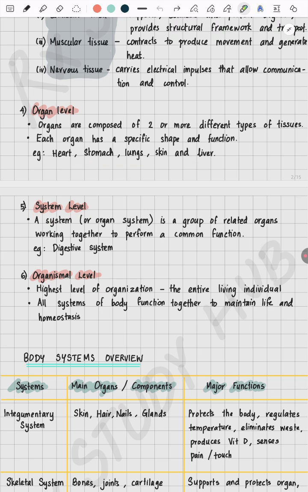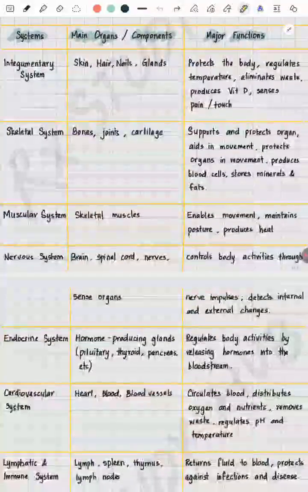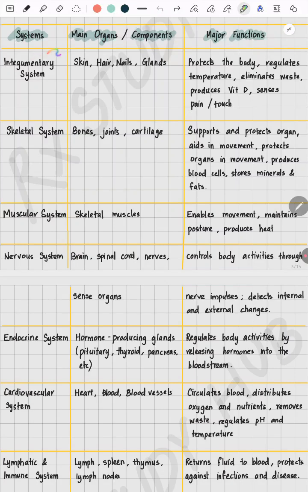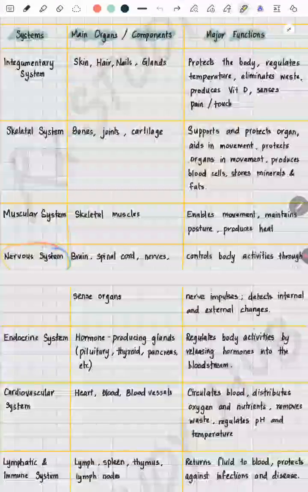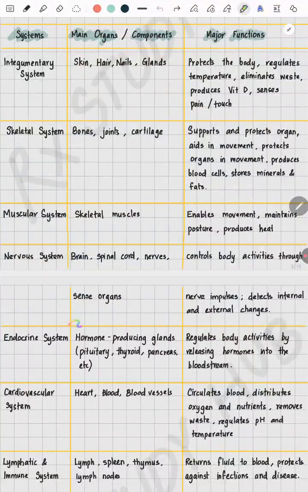The body has 11 major organ systems, each with its own important function. The integumentary system includes the skin, hair, and nails and helps protect the body. The skeletal system gives structure and support. The muscular system allows movement, and the nervous system controls activities using nerve impulses, while the endocrine system controls